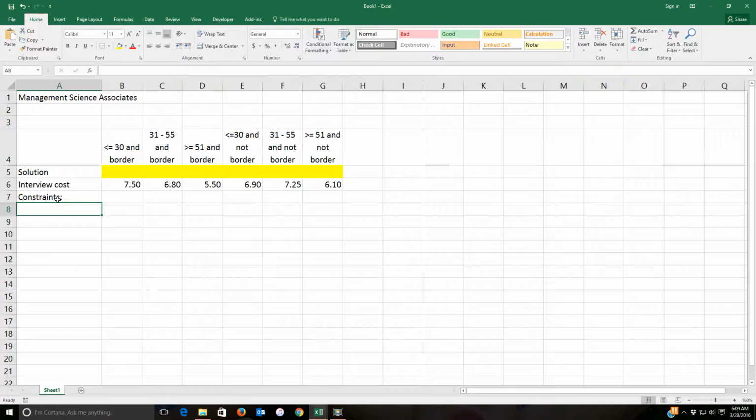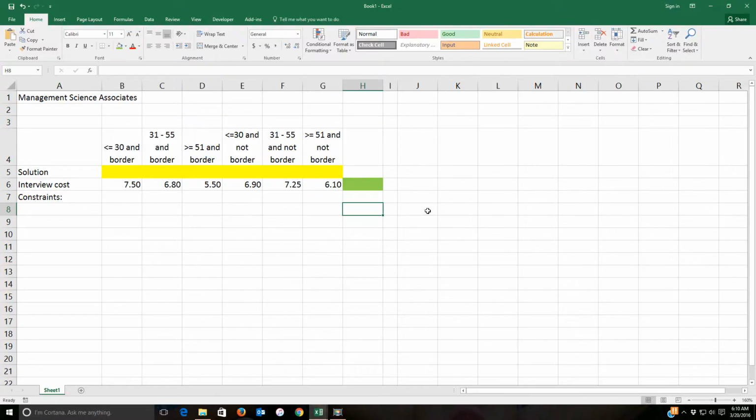To do that, it might be easier if I identify a couple more fields in the model. I'll go ahead and put in our solution set that we'll find later. Make that green. And then under that will be the criteria. We'll have our greater than or equal to signs here that just serve as reminders, and then we'll have the actual criteria values themselves. So the first criteria, it says in the list, survey at least 2,300 people in total